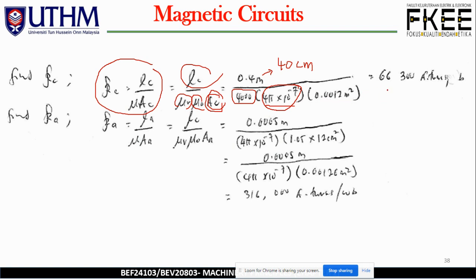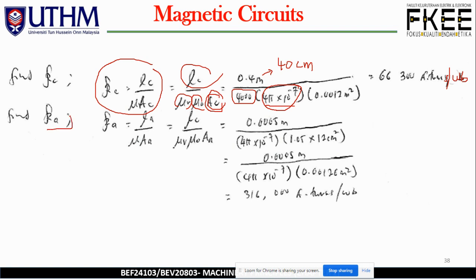And giving LC or RC, the core reluctance, 66,300 ampere turns per Weber. So make sure you write the full and the correct unit. Okay, so ampere turns per Weber. And on the other hand, so we have the